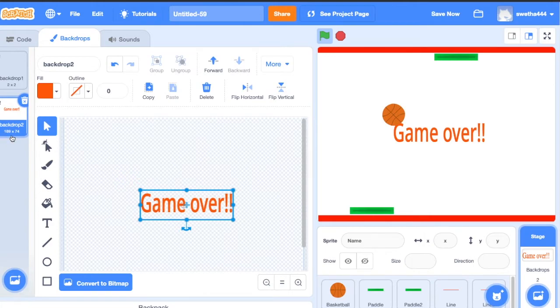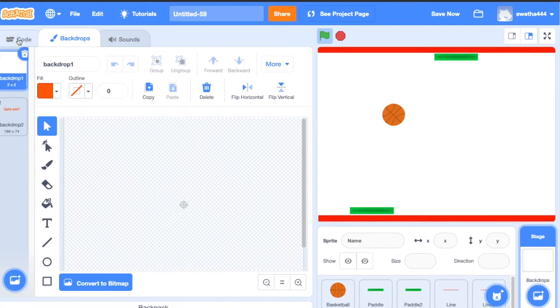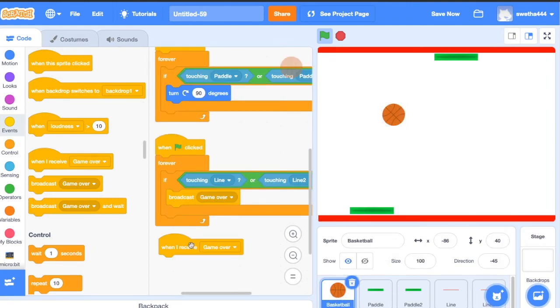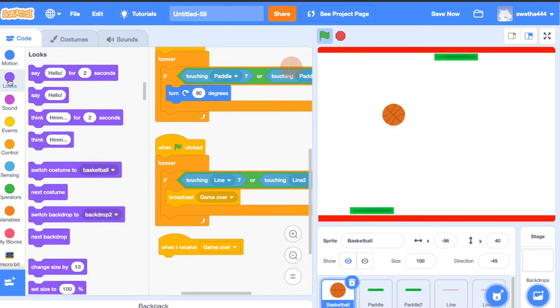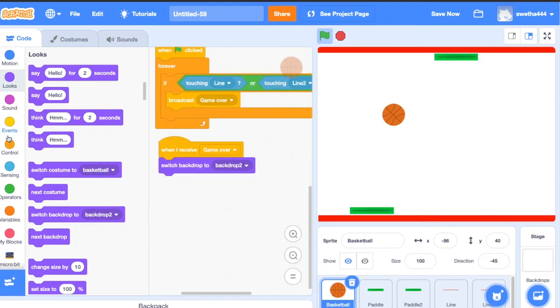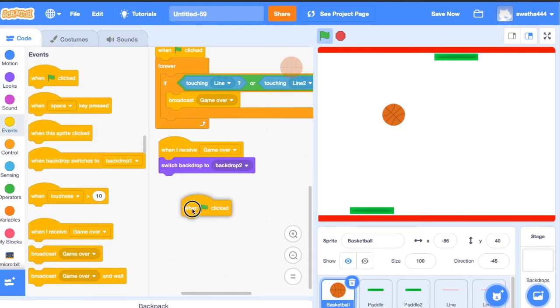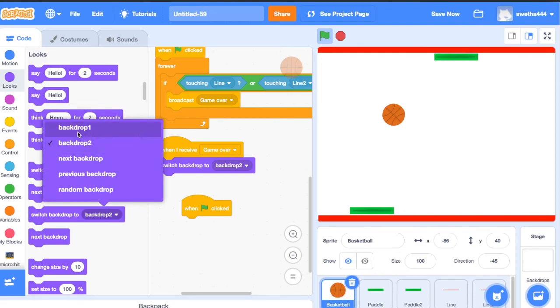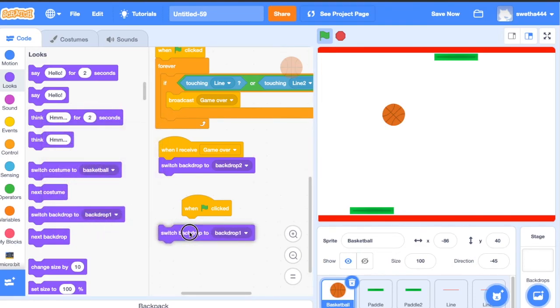Okay, this is backdrop 2 and first one is backdrop 1. Click on code, click on basketball. When I receive game over, click on looks, switch backdrop to backdrop 2. Okay, but when green flag clicks, the backdrop should be backdrop 1. So switch backdrop to backdrop 1 when green flag clicks.